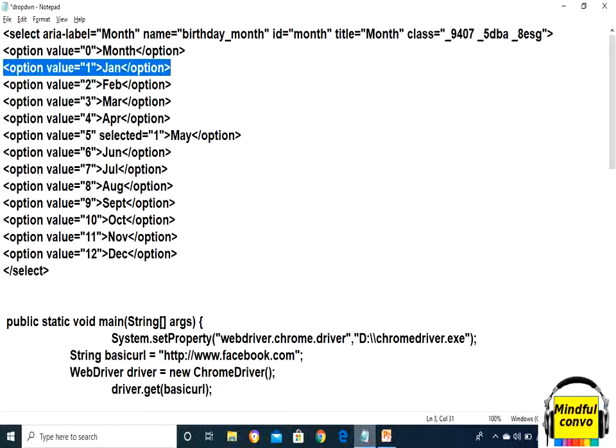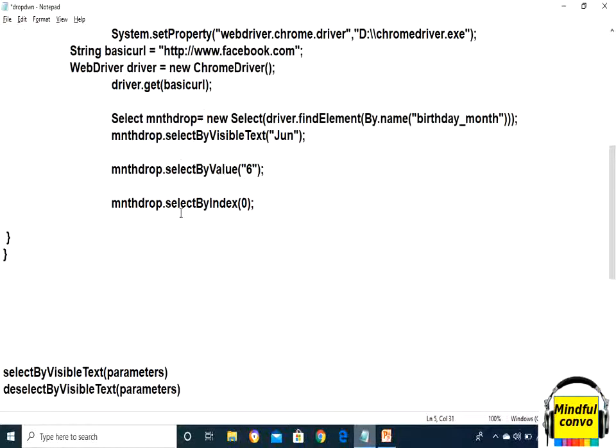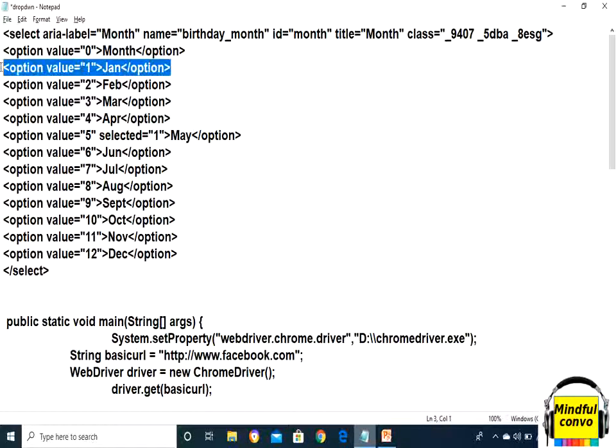Okay, no, it will not select January, because when this option list starts, it takes the month as its text. So in order to select January, we need to write 1 in the index because it comes at the first place. It does not depend on value at all, it is just the indexing.